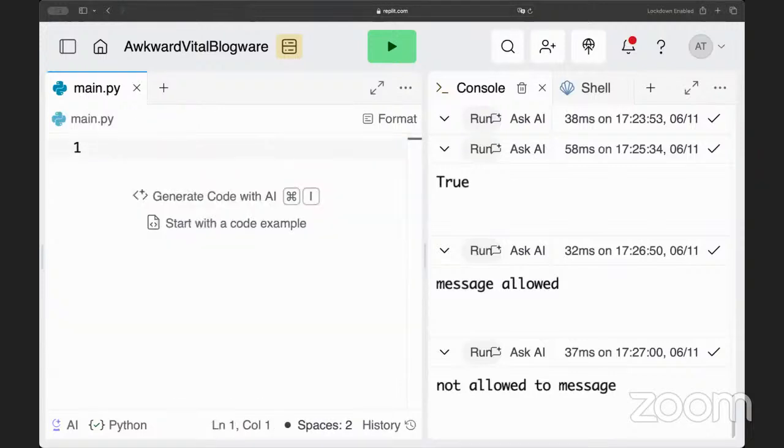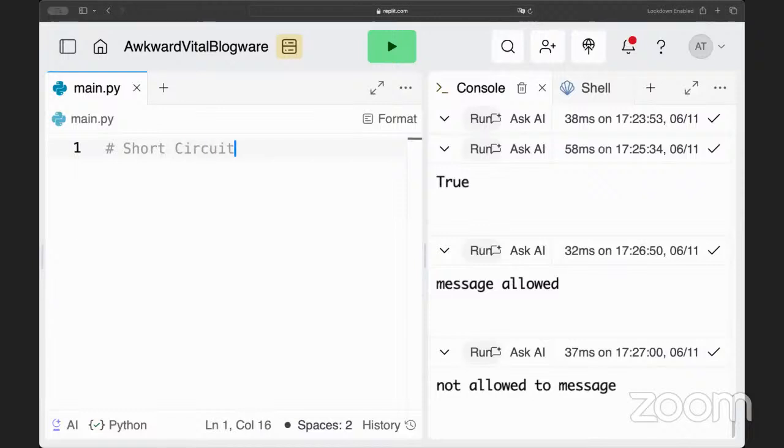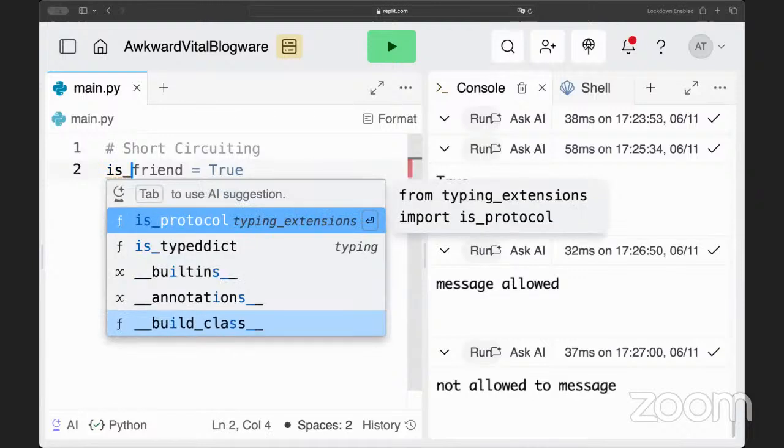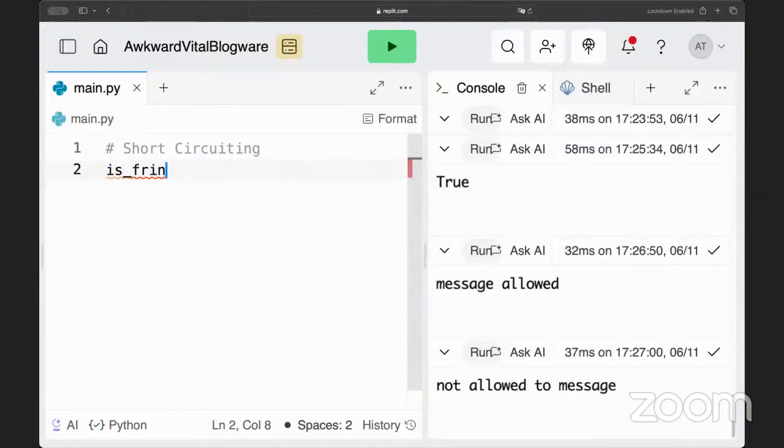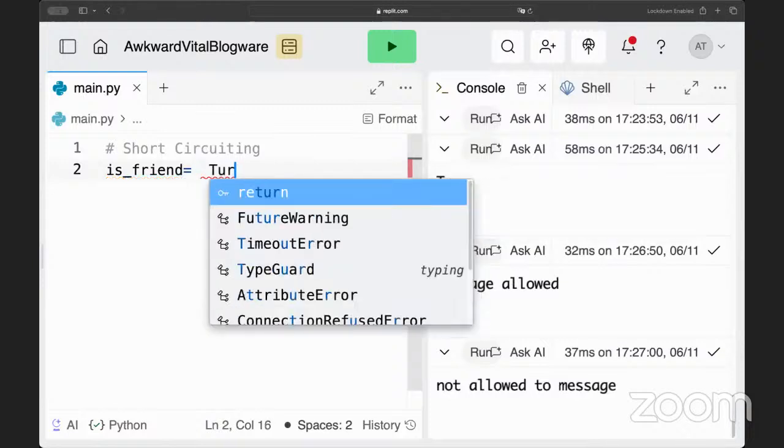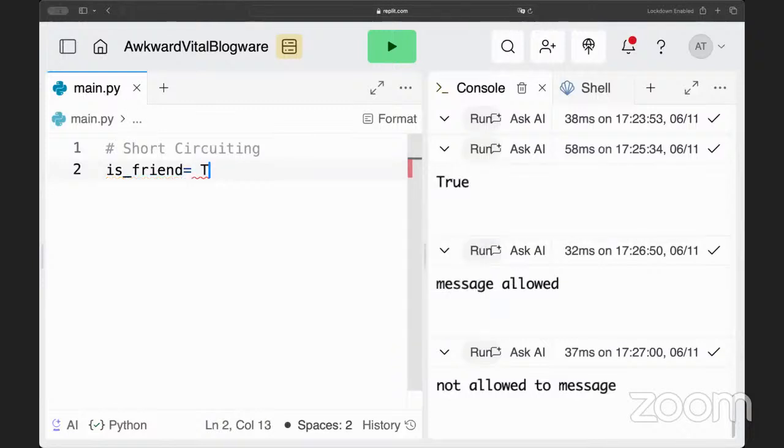Okay. So there is a concept of short circuiting in Python. So let's type this. Is friend is true. And then we have is user.